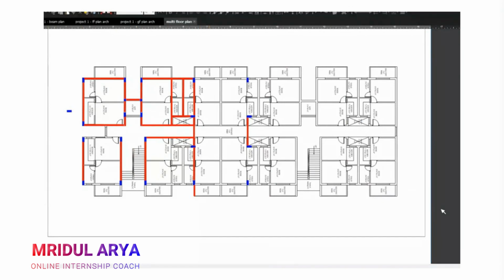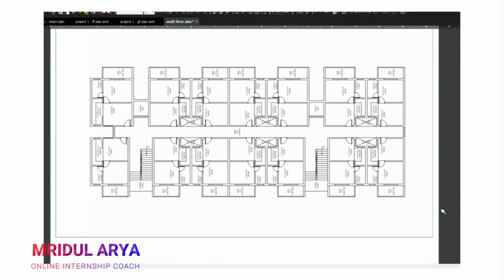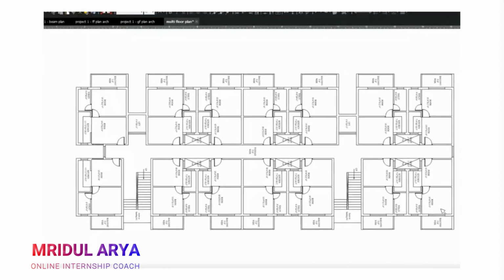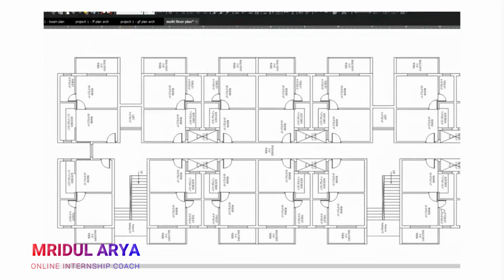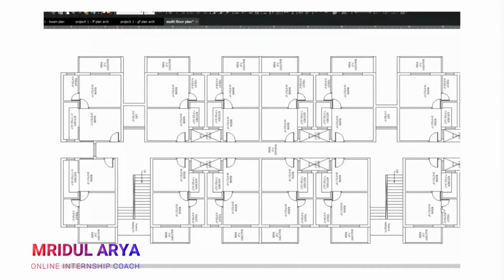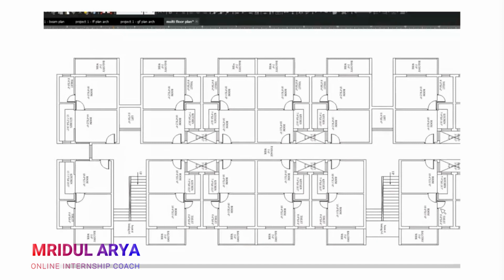This is a multi-story building, and this building was a G plus 4 building. The ground floor was built as a parking area. And in this building, all floors are the same, from the first floor to the last floor. Every floor was the same and the same planning was there. So I'm not repeating my comparison of plans here because that's really not necessary.